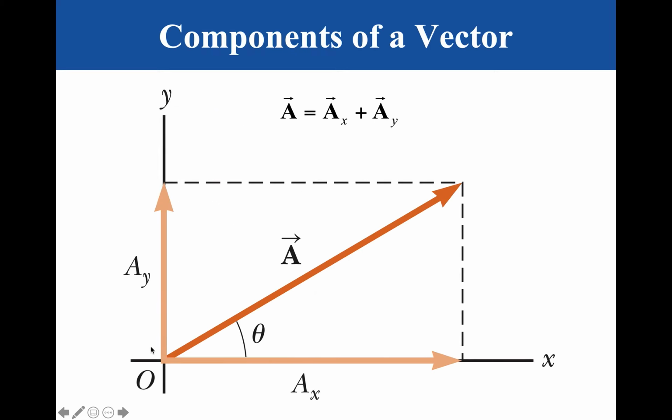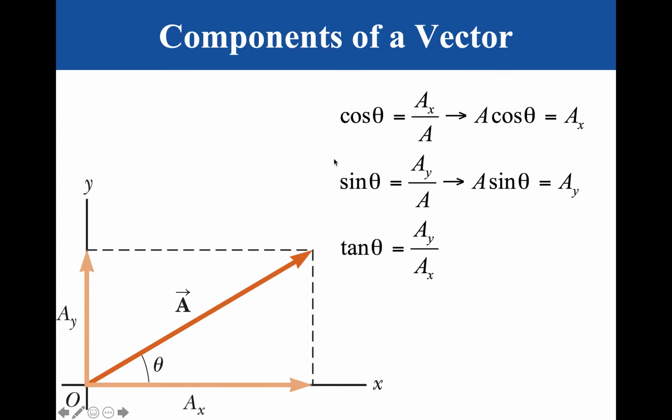Okay? So look, here's vector A. I could also break it up this way instead of putting ay over here and this over here. But ax plus ay equals a, and that's very convenient. I know the trig identities. Cosine theta is ax divided by a. So therefore, ax equals a cosine theta. Similarly, ay equals a sine theta,